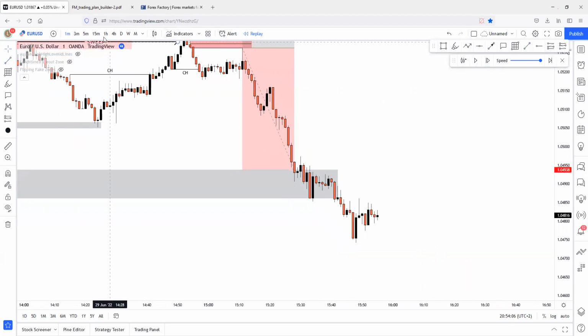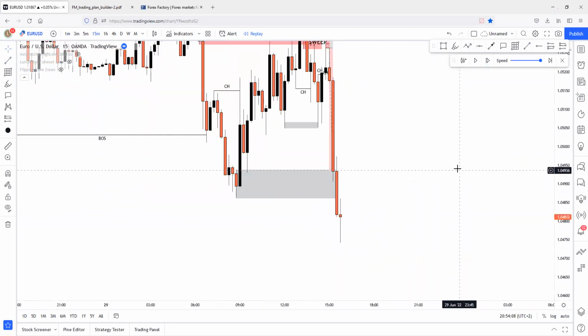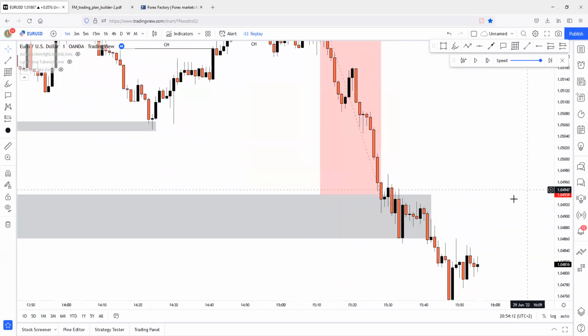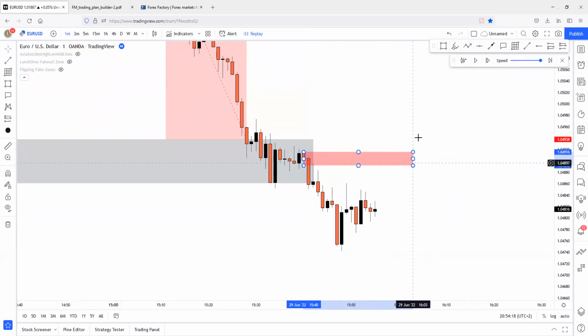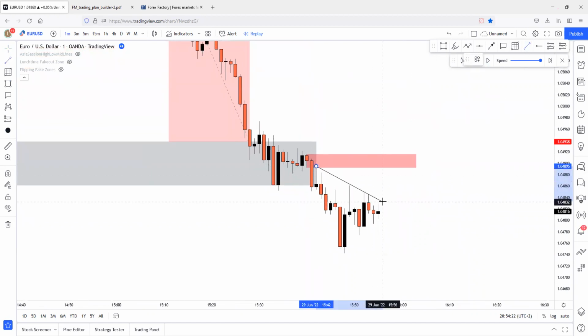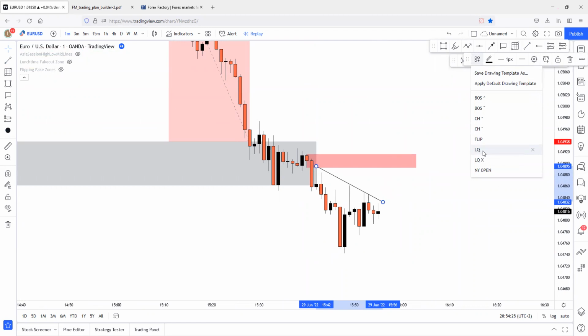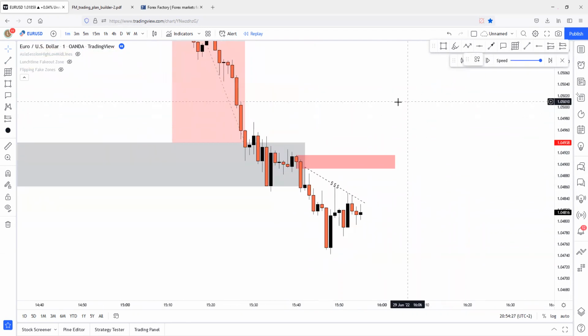And the flip of this supply zone has happened. Price has broken below this supply zone on the 15-minute chart, right? So, as you can see, here's the supply zone that has started the order flow changing and flipping movement. And price has just built up liquidity inside of this supply zone. Perfect liquidity is getting built up inside of this supply zone. So this is a perfect continuation trade. I just remember that I took this live.